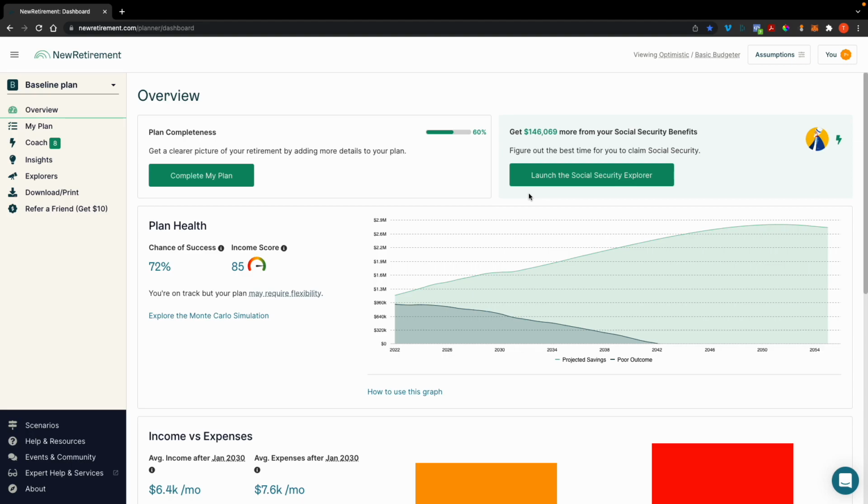So what I mean by that is your RMDs are influenced by the size of your portfolio. And if we're experiencing much lower returns or market crashes or big recessions or even a depression in a few years or 10 years or whatever it might be, that could cause your RMDs to be so much lower potentially than they're projected to be, which you could argue means it wasn't optimal to convert, right? So my point is, nobody knows exactly what's going to happen tomorrow and then heading into the future.